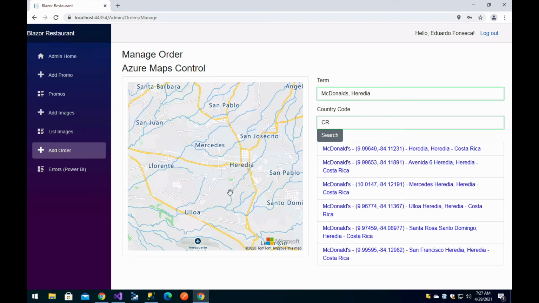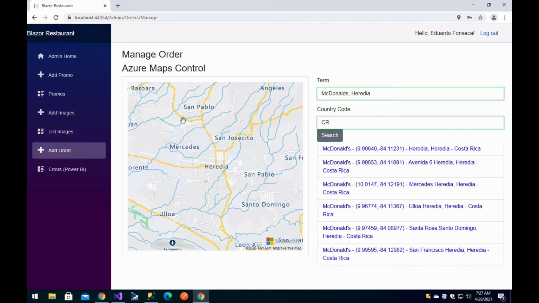So you will see the exact point where that is, and we will support for you to click a specific location to create a marker in there and set that point as the actual address where you want your order to be delivered, right? So we still have some work to do in there, but there is the basis for that. And we also implemented the support to